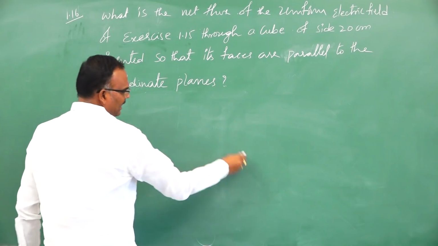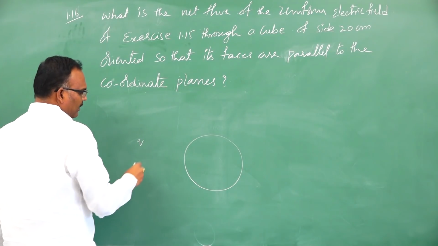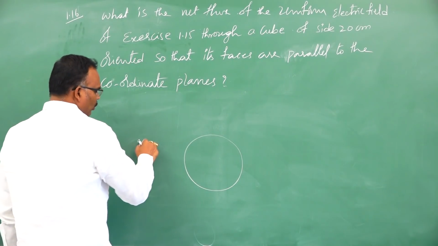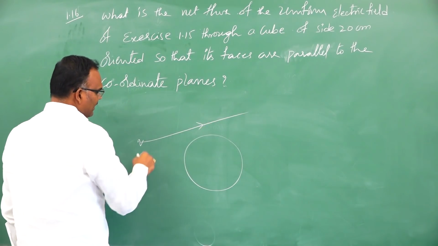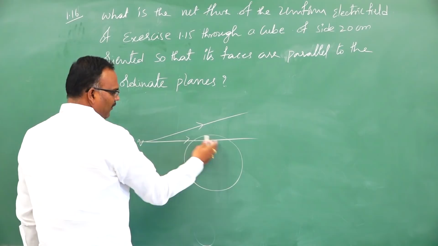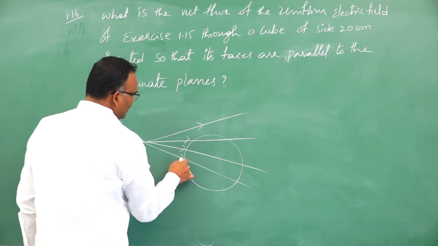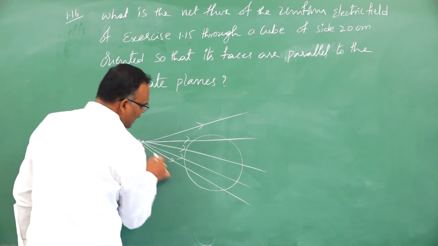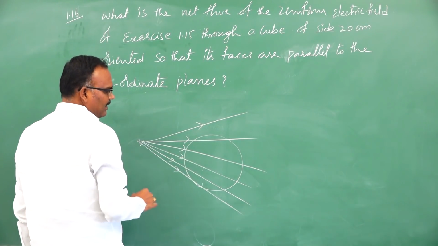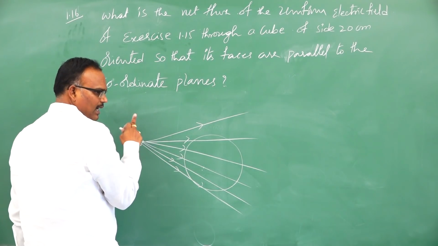For example, here it is a Gaussian surface, a sphere. If I take a charge q here, then this is a point charge, it produces a spherical electric field. One of the field lines goes like this, another field line enters here and leaves here. So the net flux due to this field line is 0. The field lines passing through this surface are entering as well as leaving. So that's why the net flux through this Gaussian surface is 0 due to this charge. Okay, this is very important.